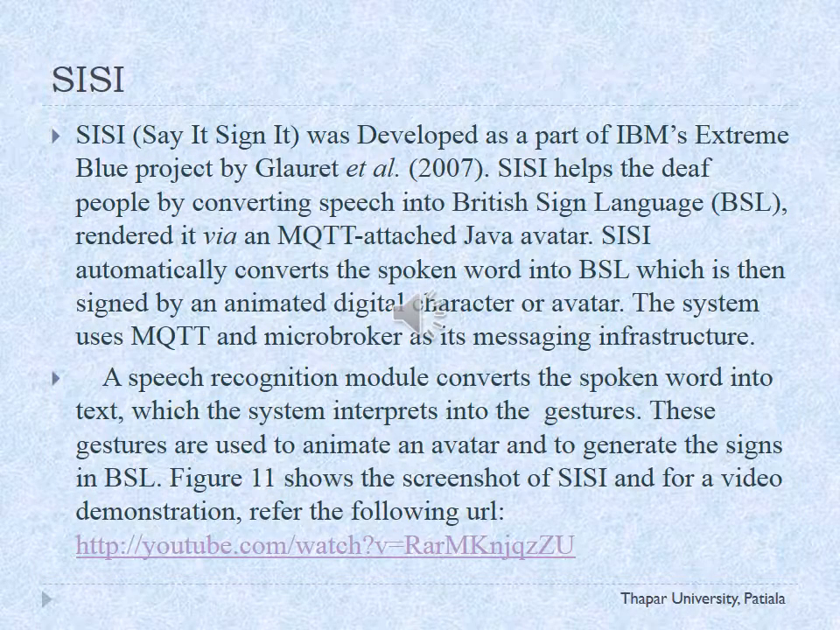SISI, Say It Sign It, was developed by IBM for their project. It was developed by Gloat in 2007. SISI helps deaf people by converting speech into British Sign Language. It uses an MQTT attached Java avatar. MQTT and a microbroker is used as